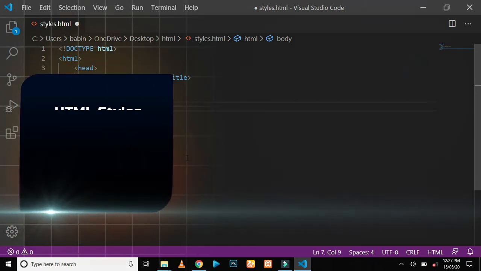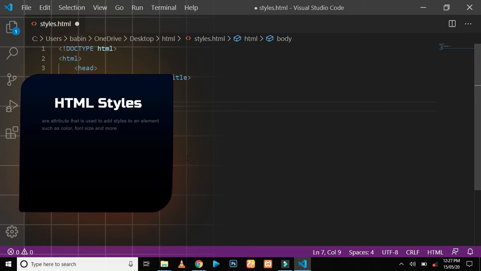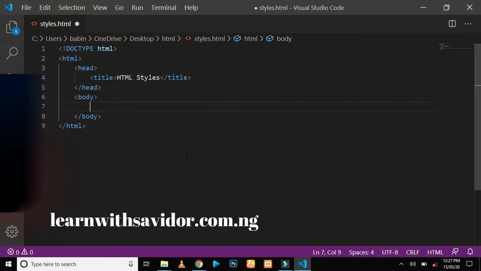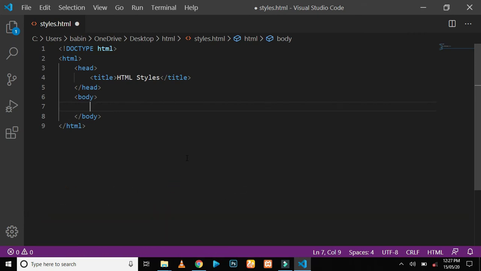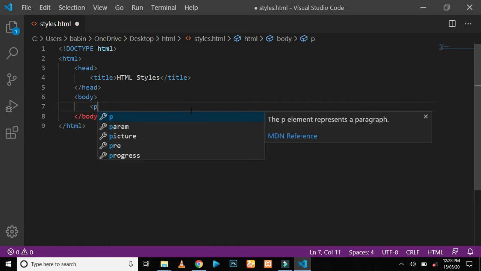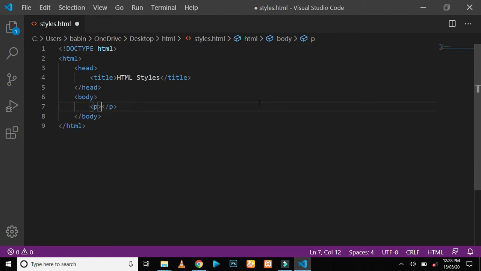So the HTML style attribute is used to add styles to an element, such as color, font size, mouse over, and other stuff. Like we did before, we talked about elements, and let's just run through a quick phrase. We said an example of an element is a p tag. Now you can see the p element represents a paragraph, telling you that p is an element. If I have a p of simple text,